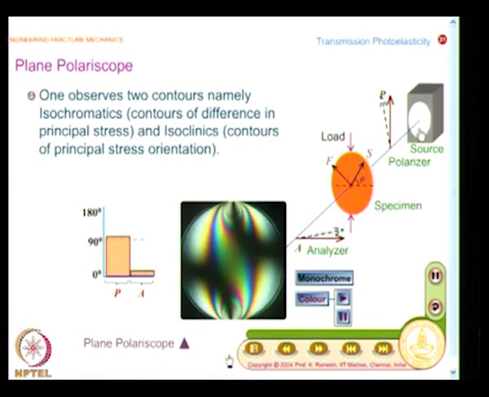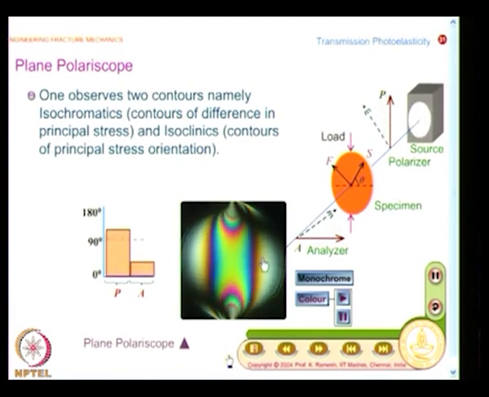In a white light source, I see them as richly colored. So, what happens is, when I keep the polarizer and the analyzer crossed, when the model behaves like a full wave plate, the input polarized light comes out as polarized light, which is a function of wavelength. So, what you see when I send a white light is,